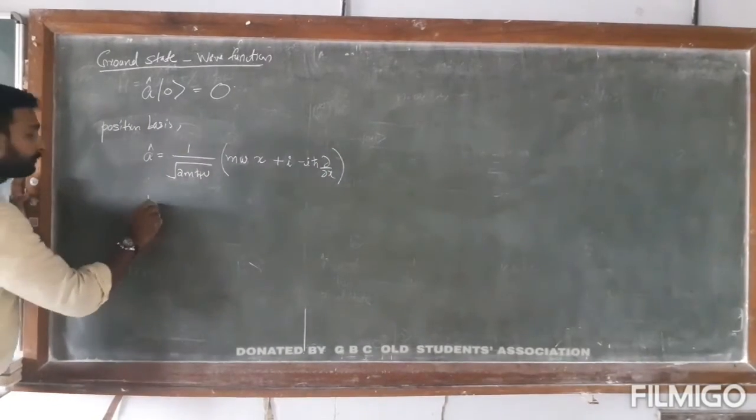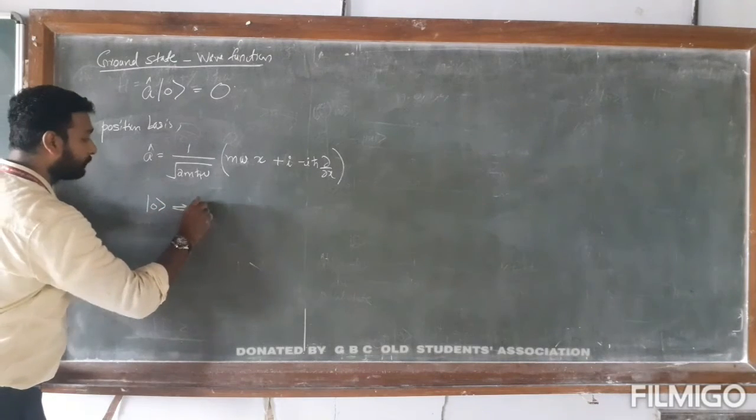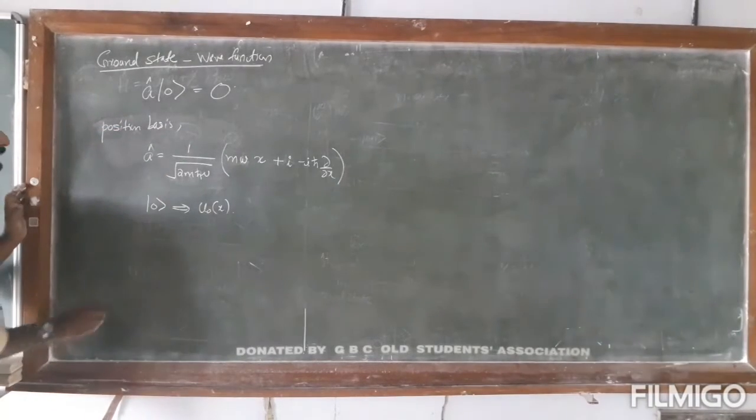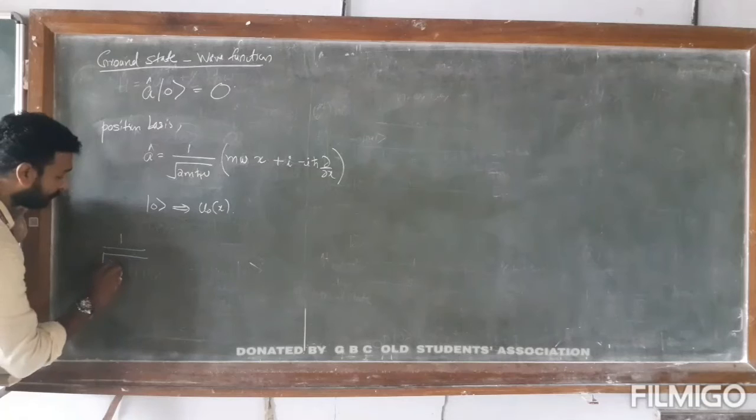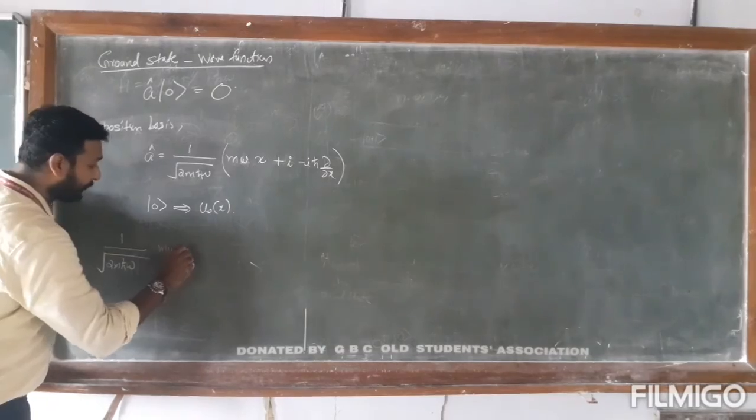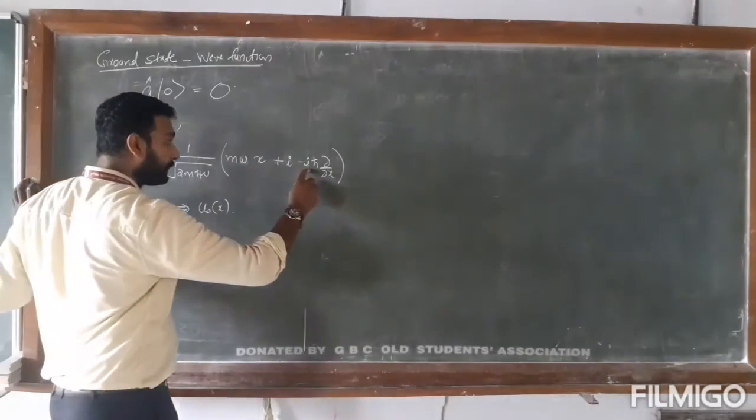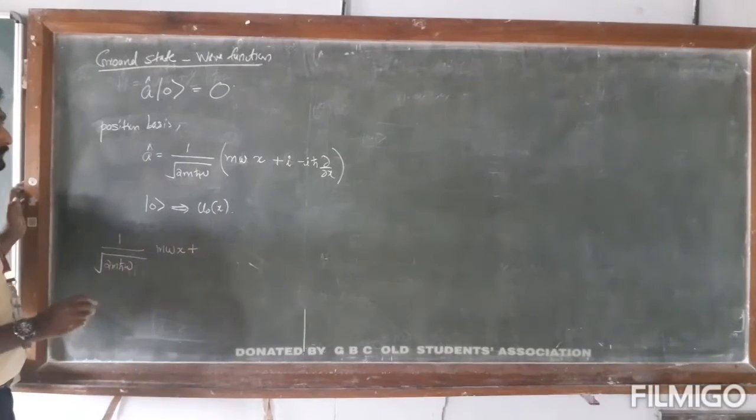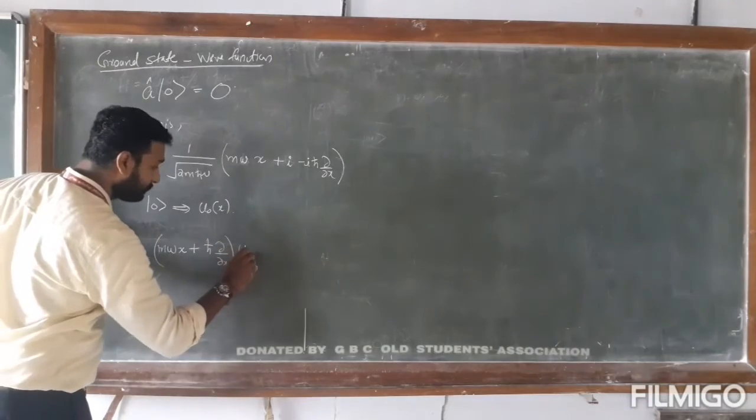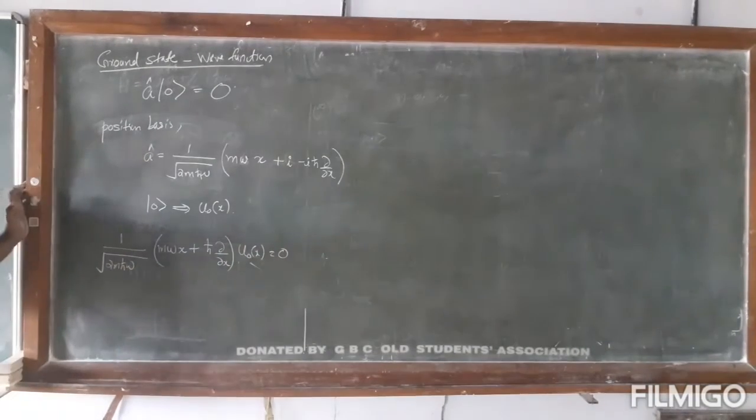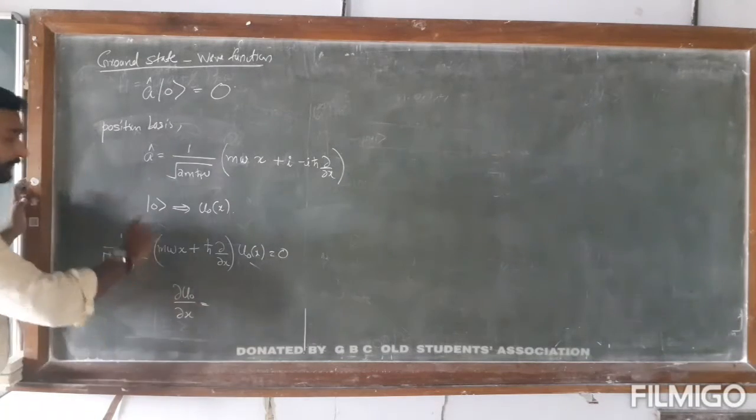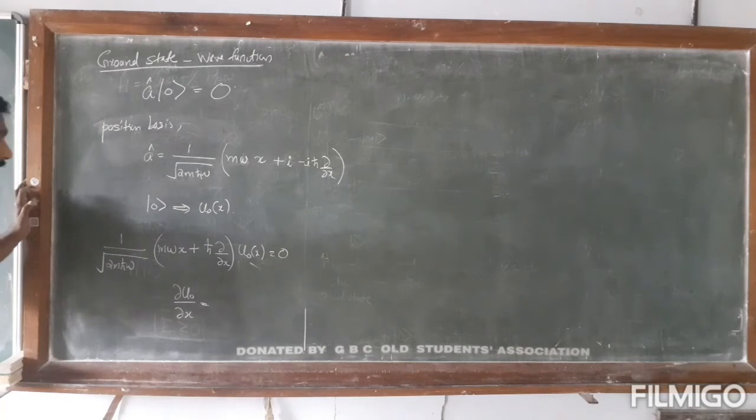and |0⟩ I can write as u0. So a acting on |0⟩ can be written as 1 by square root of 2m ħ (mω x. i into i becomes minus, and there is already a minus, so it becomes plus) ħ ∂/∂x u0 of x is equal to 0. So that shows that ∂u0/∂x, we can take all other things to the right side, and